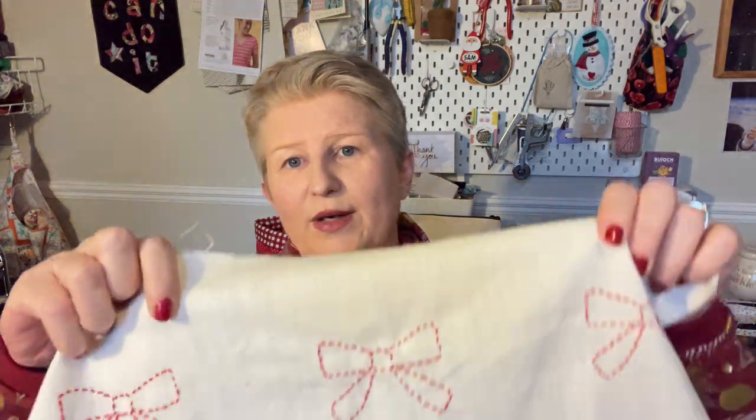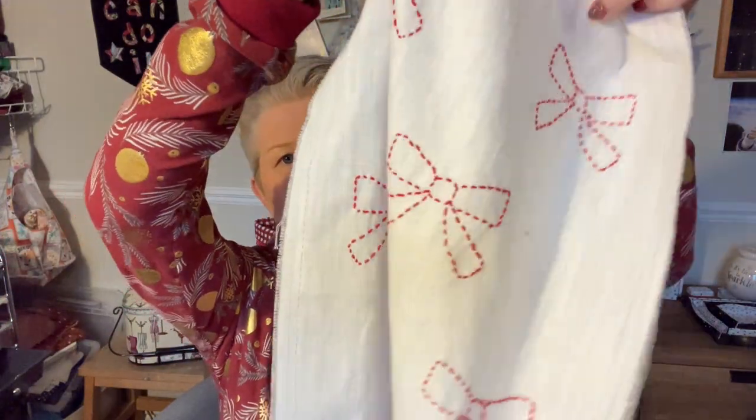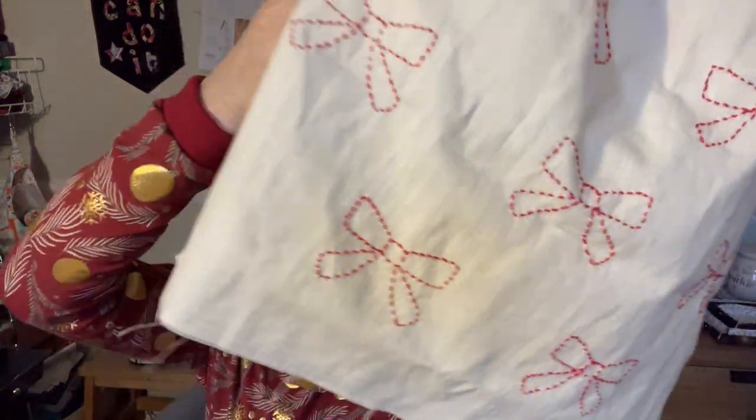So yeah, so it's the last day. I thought I'd just update you on my table runner. So at the beginning of Vlogmas, I told you I was starting my Cotton Clara table runner. Well, I have finished embroidering all of the bows on it. So yeah, so all I need to do now is put the backing on, and I might do that later